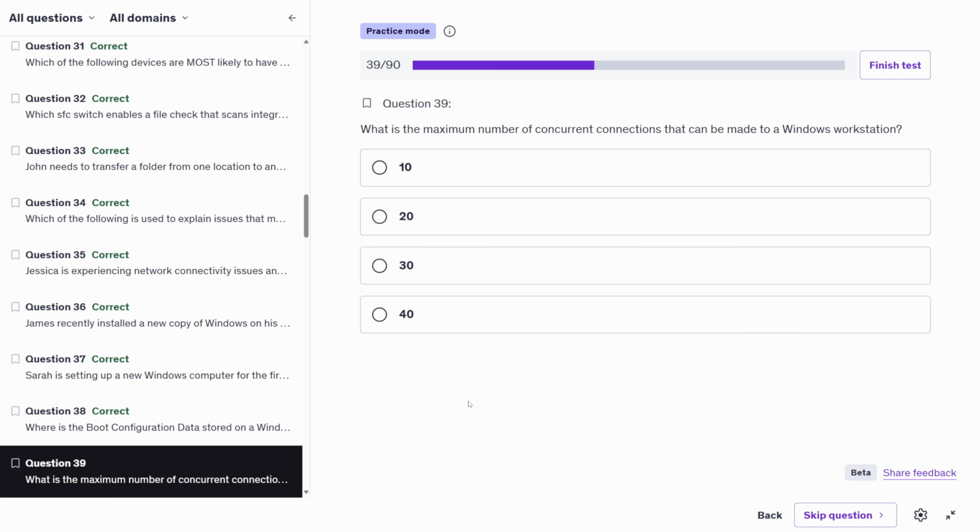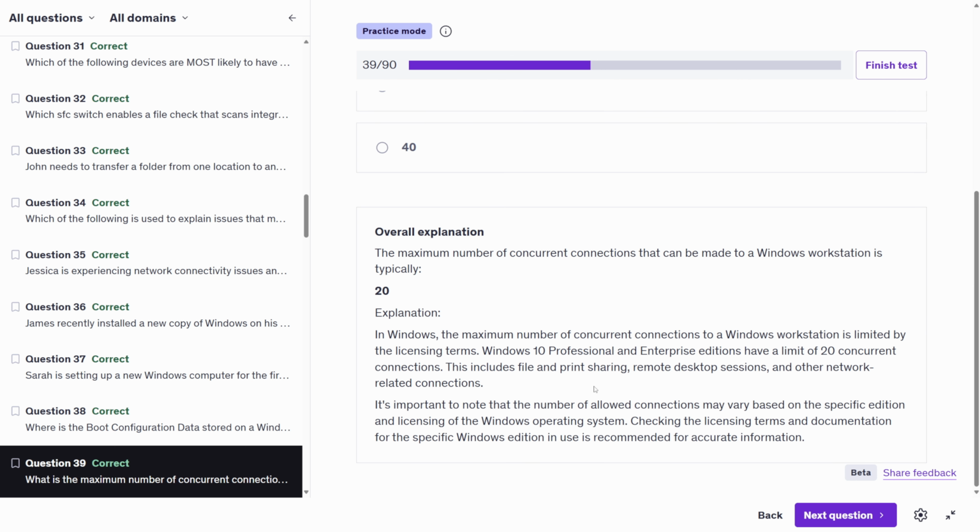partition. What is the maximum number of concurrent connections that can be made to a Windows workstation? Correct answer is 20. In Windows, the maximum number of concurrent connections to a Windows workstation is limited by the licensing terms. Windows 10 Professional and Enterprise editions have a limit of 20 concurrent connections. This includes file and print sharing, remote desktop sessions, and other network-related connections. It's important to note that the number of allowed connections may vary based on the specific edition and licensing of the Windows operating system. Checking the licensing terms and documentation for the specific Windows edition in use is recommended for